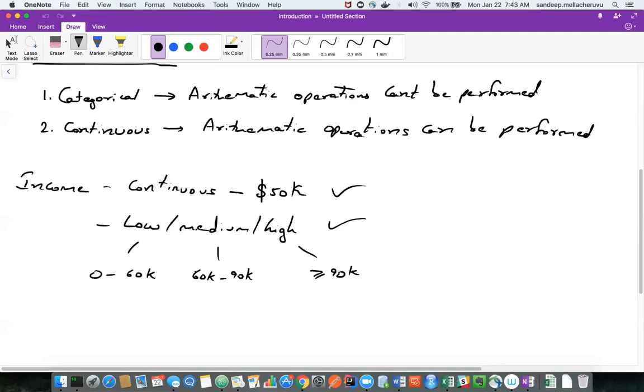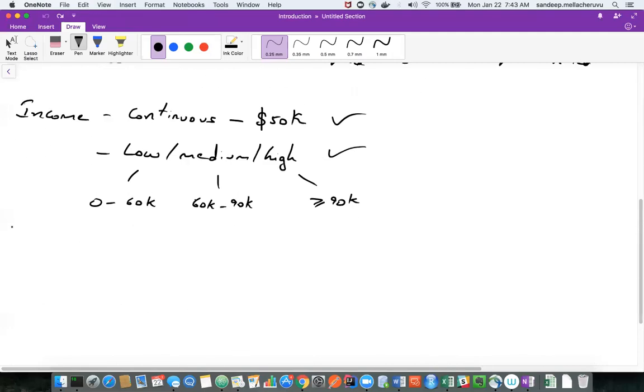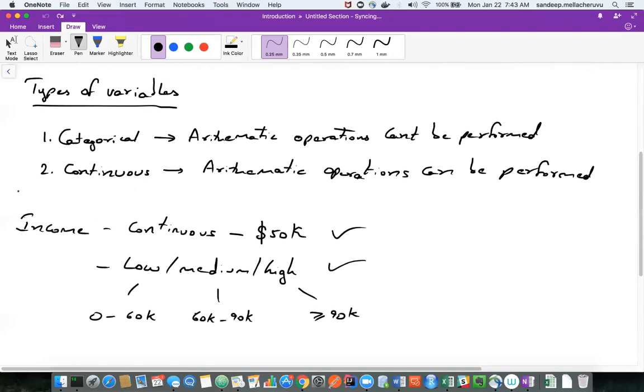So when the data is continuous, you can always go into categorical. But when you collect the data as categorical, you cannot go back. This is a one-way path. From continuous to categorical is possible. From categorical to continuous is not possible. You can only go in one direction. The second direction is not possible.